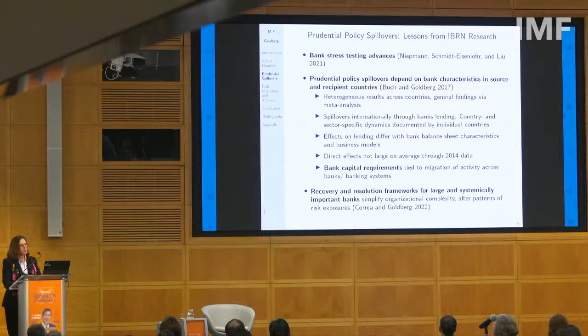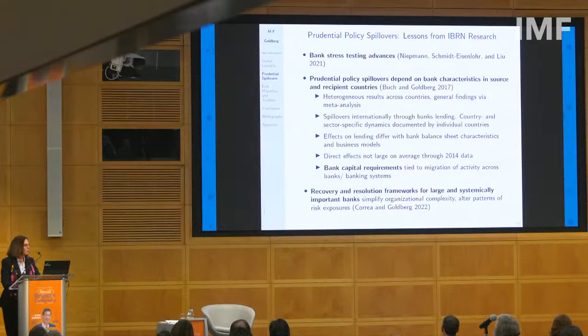Banks also shifted their lending to safer borrowers within EMs in response to monetary easing, leaving the risks of their overall loan books unchanged. Other studies find that prudential policy spillovers across borders depend on bank characteristics in source and